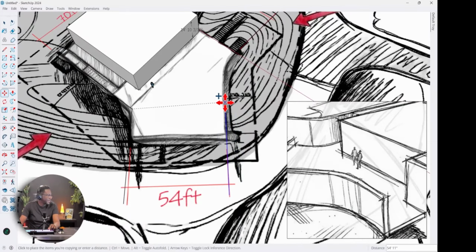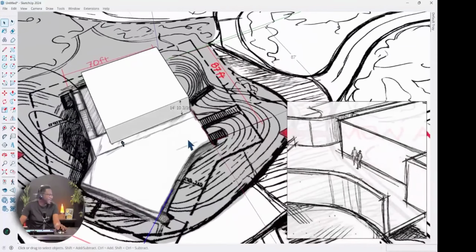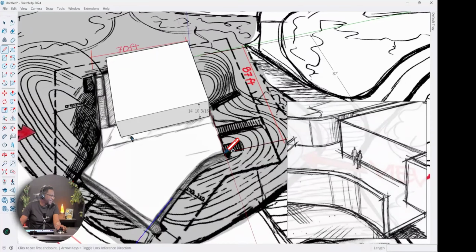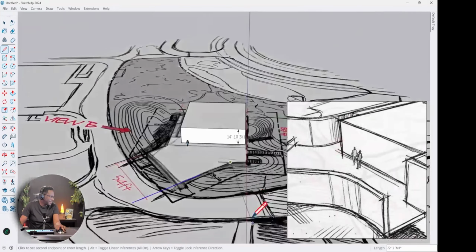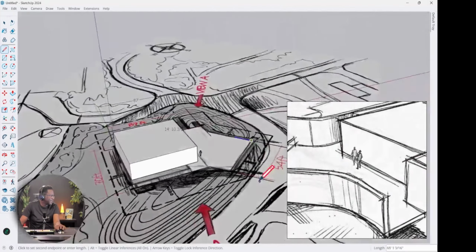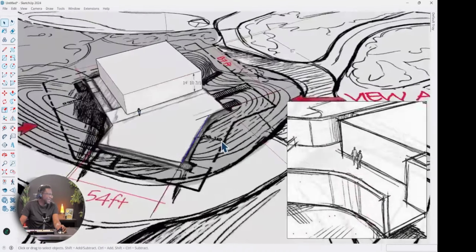So I'm going to carry this on this side. It doesn't matter how long it is just yet. I'm just outlining this, right? And what I'm going to do next is grab my pencil tool, and I will just draw a line that represents here like that. All right, great. So I'm just going to extend this line to this point. So I have a line that does that, and I can just draw in this point like right here. What I will do here is, when I select these two edges, these two lines, I will just right click and say weld edges. So that way I'm not dealing with unnecessary lines.